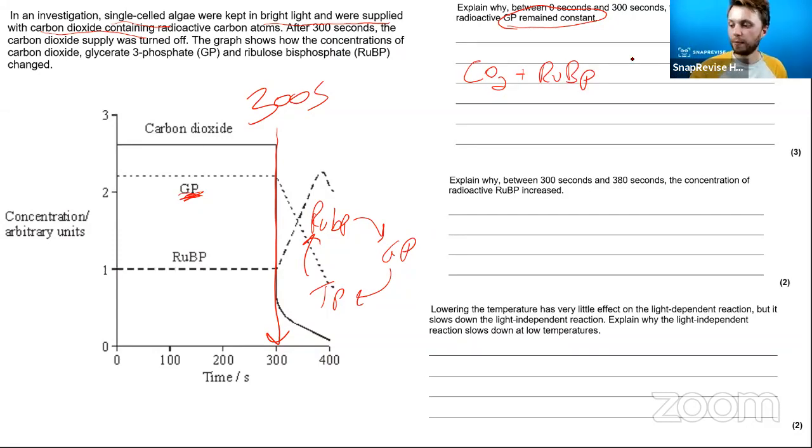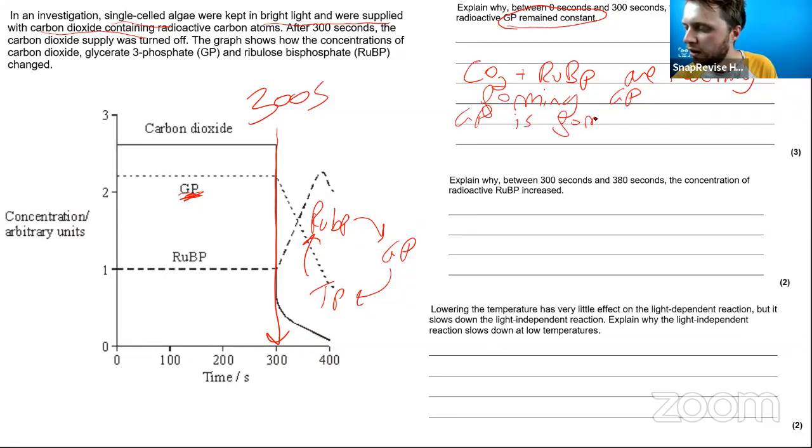So RuBP and CO2 are reacting, forming GP. Then because there's enough carbon dioxide, GP is forming TP, right? And because I've got plenty of TP, TP is going to be regenerated